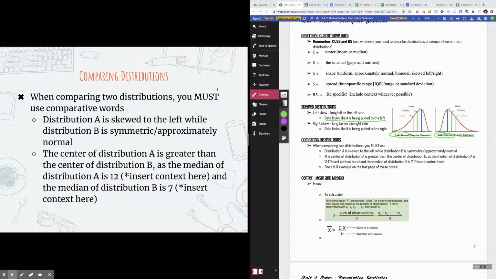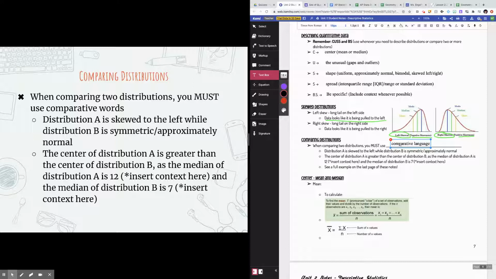Okay, so when you are comparing distributions, you're still talking about those 4 things: center, unusual features, shape, and spread. But you just have to use comparative language. Okay, that is a must. You must use comparative language. Meaning the mean of distribution A is larger than the mean of distribution B, or the shape of distribution A is approximately normal, while the shape of distribution B is bimodal. Okay, or the IQR of distribution A is equal to 12, which is less than the IQR of distribution B,